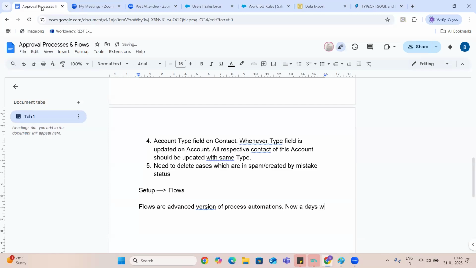Nowadays, we are using only flows for automations.